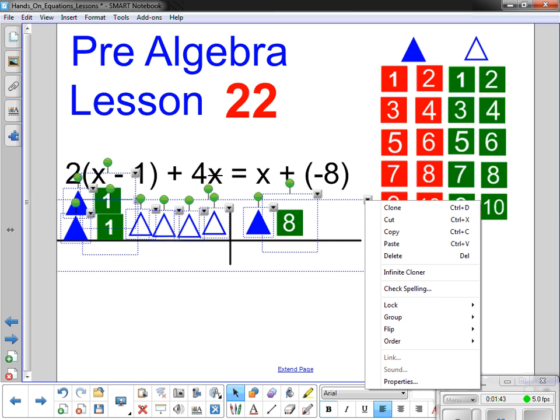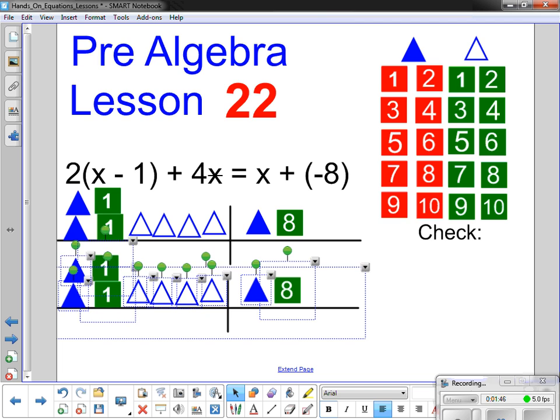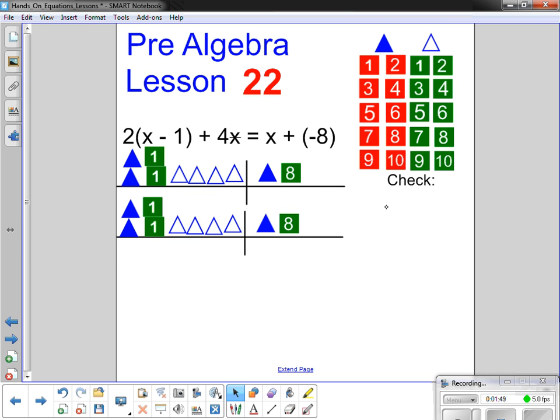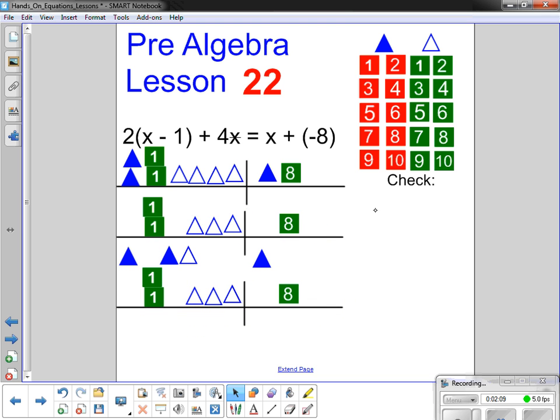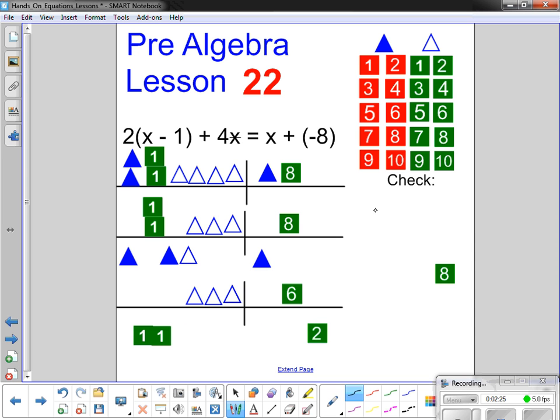Got it done. So now I'm going to clone it so that way I can work with it here. Now that we're going to work with it, I notice I have an x on both sides, so I'm going to take those off. And I notice that I have an x and a star on the left, so those are zeros. So I'm going to take those off, and I'm left with this new problem. Well, this is a little easier to work with because the 8 is actually a 6 and a 2. Move that out of there. So the 2 and the 1 and the 1 all cancel off, and that gives me that star